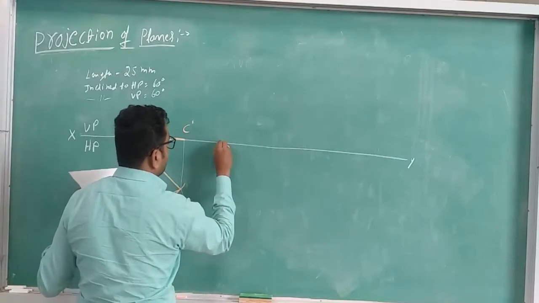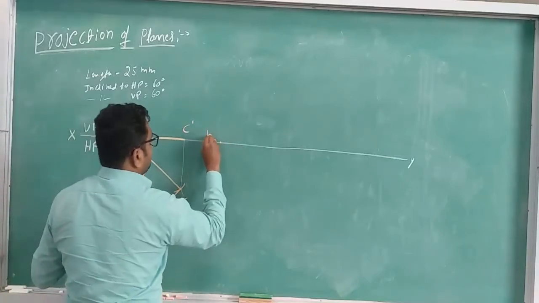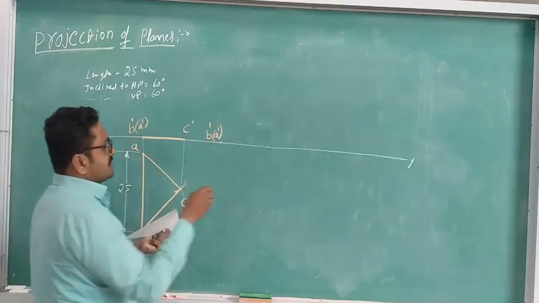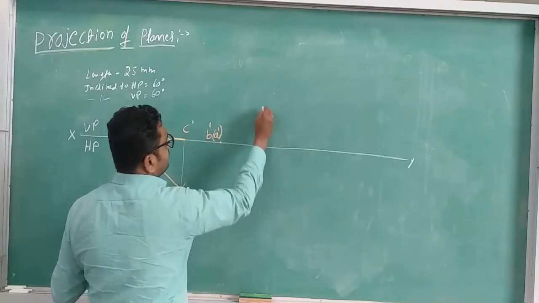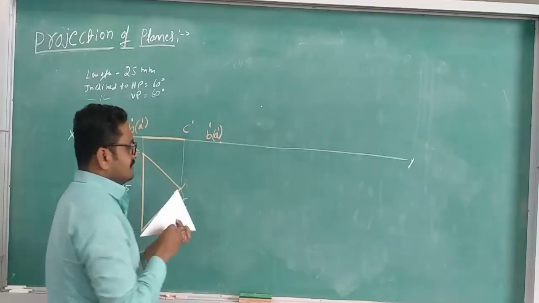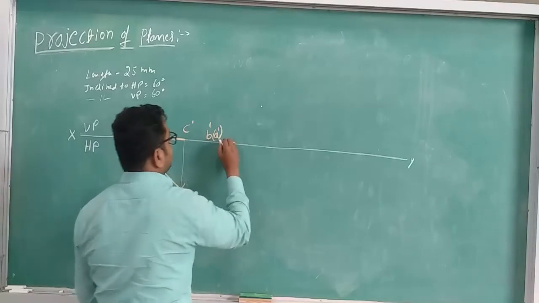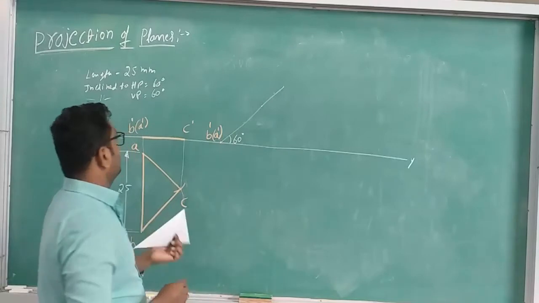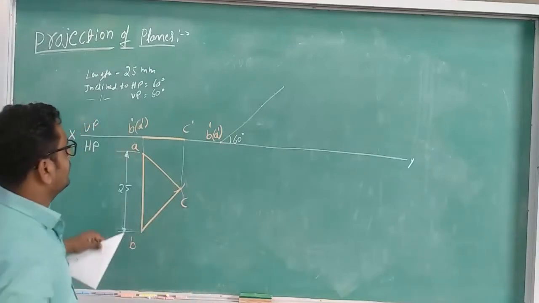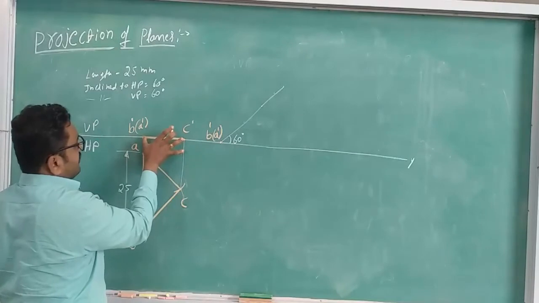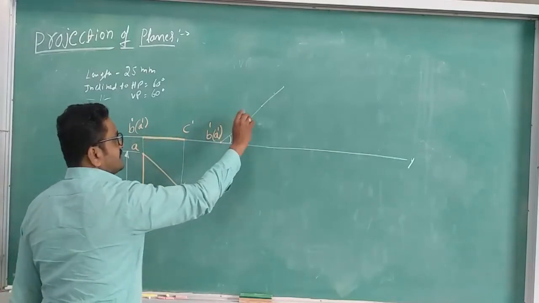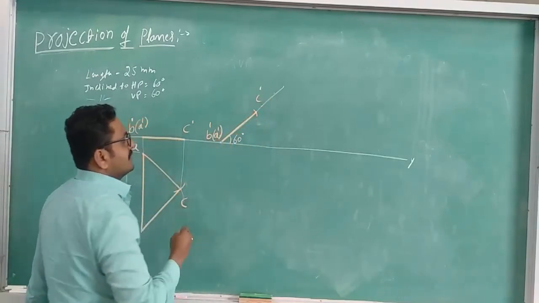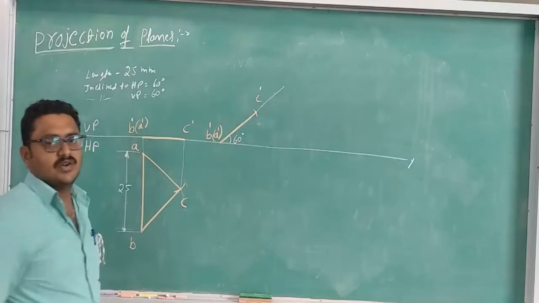So we need to mark first the resting side, that is B dash of A dash, mark it and take the protractor, measure 60 degree and passing through this degree line we need to draw it, and then measure this length B dash of A dash to C dash. Take B dash of A dash as center and draw the arc, we will get C dash, and make this one visible. Okay, now we made it.